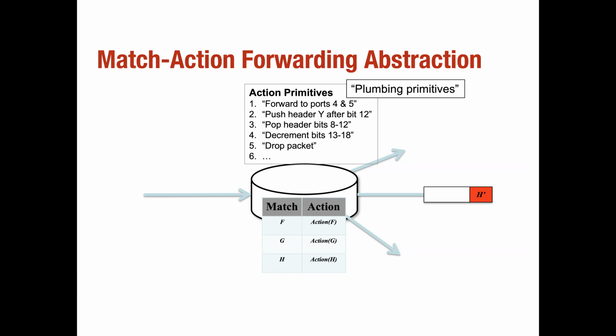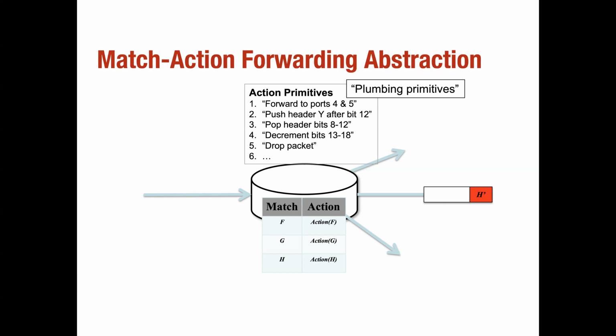These are all the plumbing primitives, and at a high level we can think of OpenFlow as a direct implementation of a match action model of processing, right? So this model easily captures the current switches such as Ethernet switches, IP routers, and MPLS switches that are already out there. And if there are multiple layers of protocols handled in a box, it's easier to think of that as a sequence of tables, right? If you want to do a certain set of actions for the Ethernet layer, then a certain set of actions for the network layer, then for the TCP layer, those can be thought of as a composition of different tables applied in sequence, right?